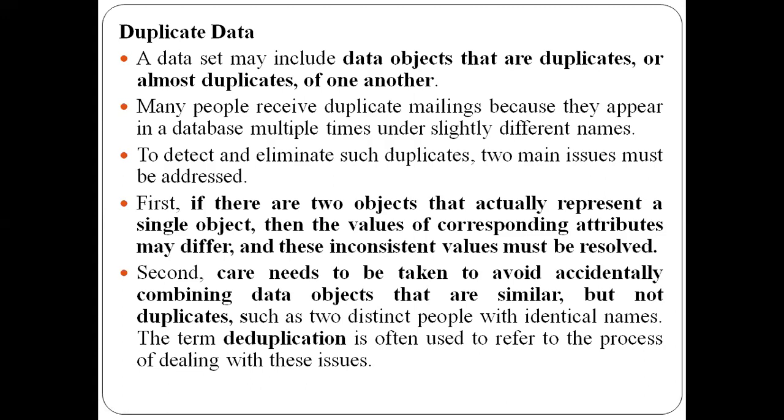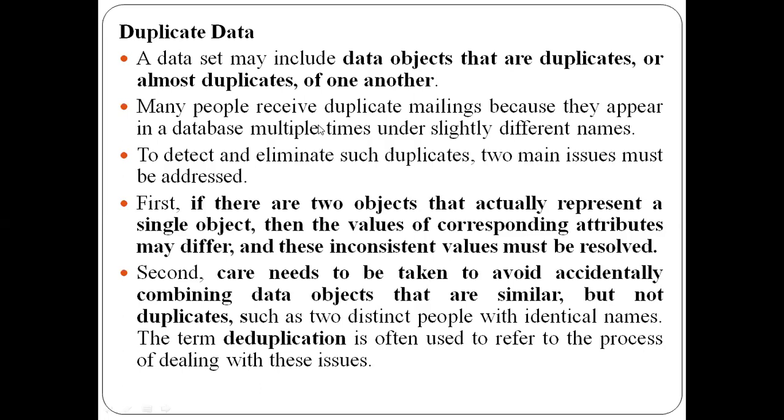That process is called deduplication. Deduplication is the process where you maintain separate copies of the data objects which are not the same actual object. You need to maintain a separate copy for such objects. For example, you might have names of persons, and the names of two different persons can be similar, but they are representing two different objects. So you can't combine such objects. You need to maintain a different copy for each of the objects. That is the second issue you need to take care of in case of duplicate data.